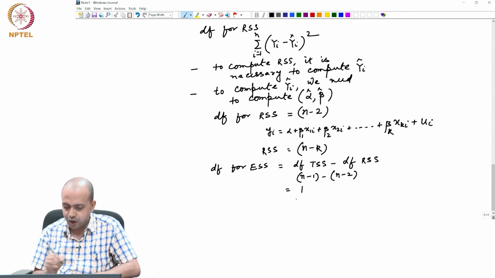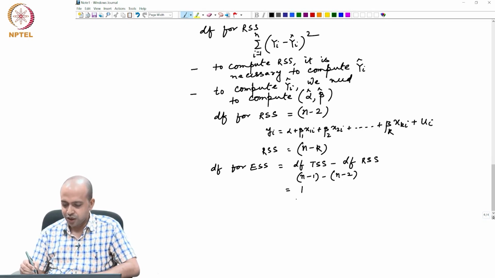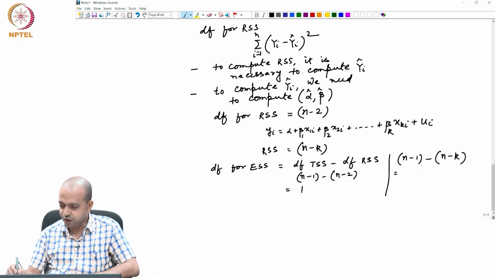So, that means 1. This is how you can calculate the degrees of freedom, and for a general model, it would become n minus 1 minus n minus k. So, it would become k degrees of freedom for ESS,